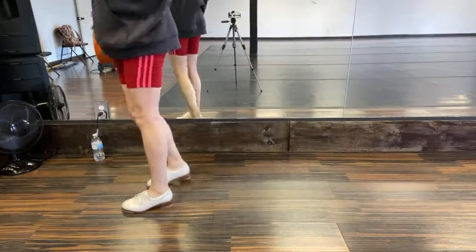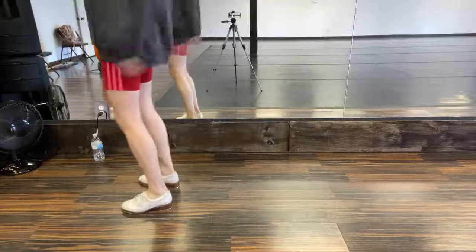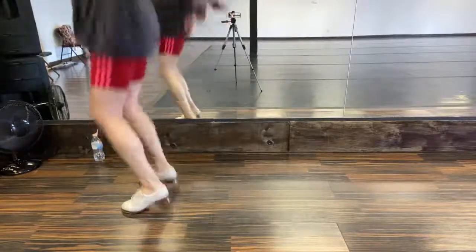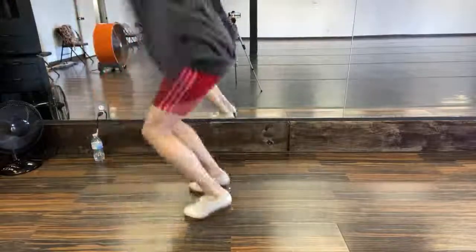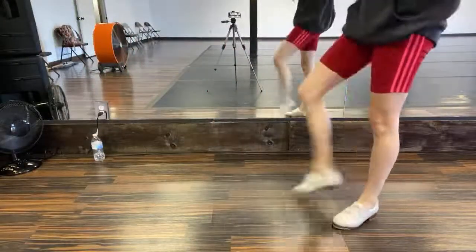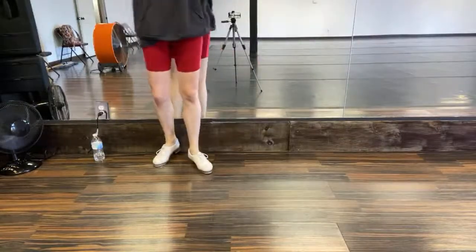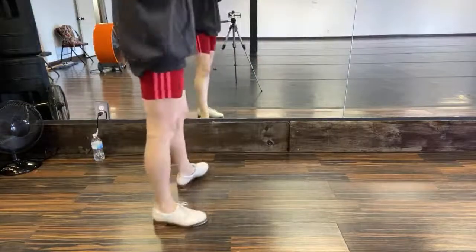Nothing should change, right? Both feet leave and land at the same time. It's not separated. Here we go. 1, 2, 3, and 1, 2, 3. 1, 2, 3. There we go. She's warming up now. Yeah? You feel me? Okay. This time, I want you to give me 3 hops and then try to take 4